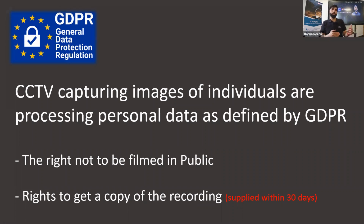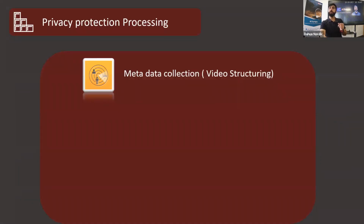So, but when we are talking about single cases, or every once in a while, then the person who's being recorded is actually allowed this possibility. So this was about the privacy protection in terms of GDPR, in terms of what we're going to talk about,